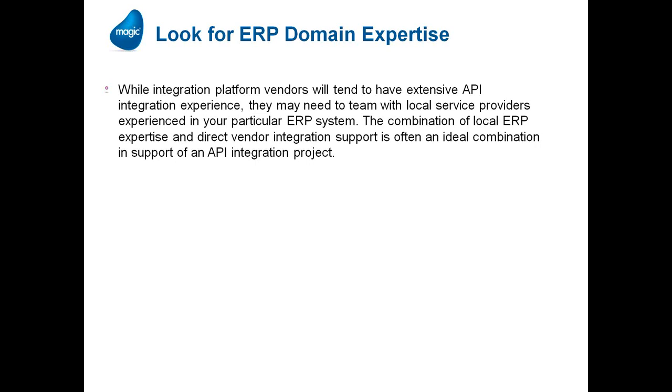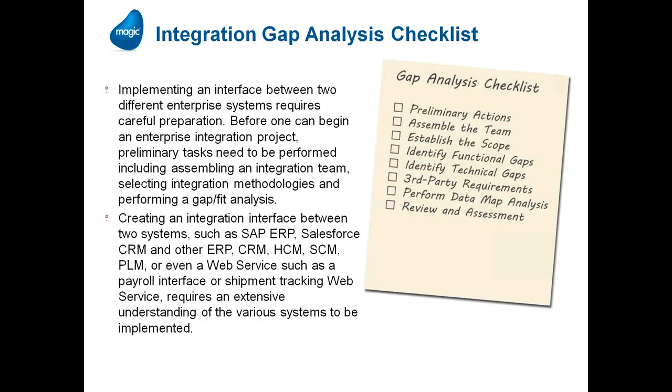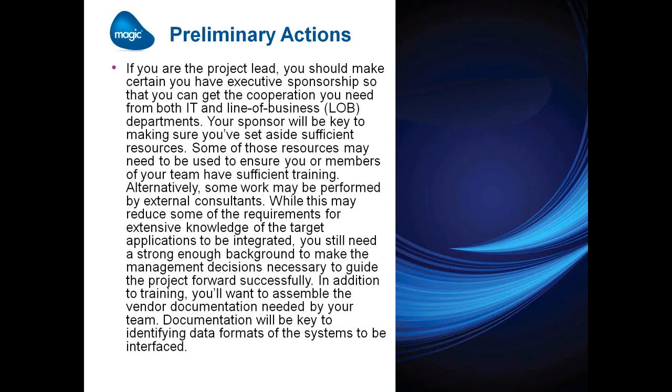So that combination of local ERP expertise and direct vendor integration support is really ideal in an API integration project. So the integration gap analysis checklist, we're going to fly through here, but we wanted to talk about how you can really start to look at how to assemble a team and get the executive support, line of business support